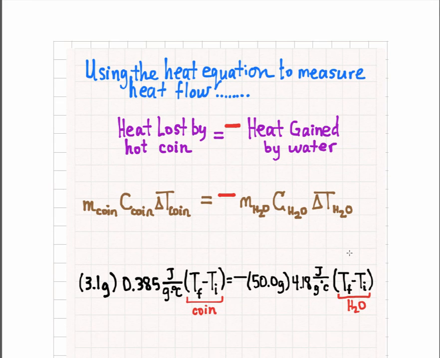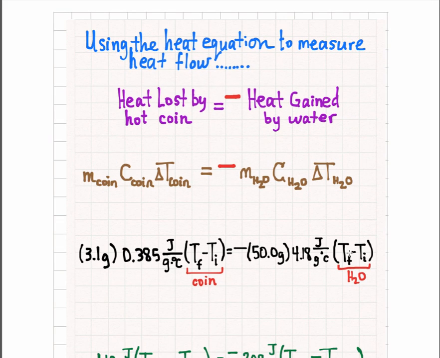Oh yeah, there's this one too. Sometimes we'll use the heat equation to equate heat gained by one object to heat lost by another. If I take a very hot coin being warmed in a flame and drop it right in some water and measure how much water I have and how the temperature of the water increases, I can easily estimate the temperature of the flame. So if I know the mass of the coin, a penny weighs about 3.1 grams,